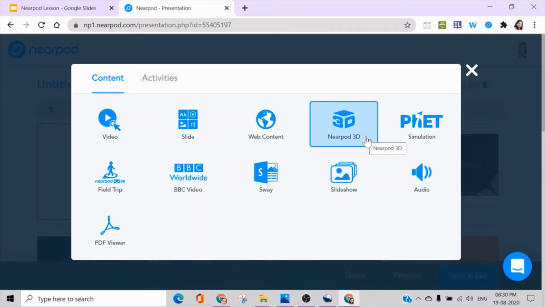Here this is for 3-dimensional images. Nearpod has got some good collections, some stock pics and everything of 3-dimensional images, and this would be especially useful for science teachers. Even language activities can be given, speaking activities or writing activities based on images and everything, because the student gets a 3D image there which he can look at very closely and do all those things.